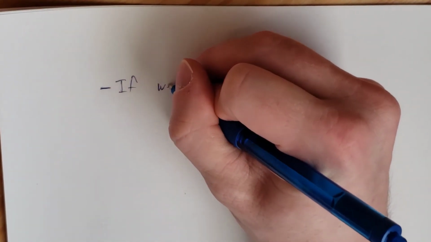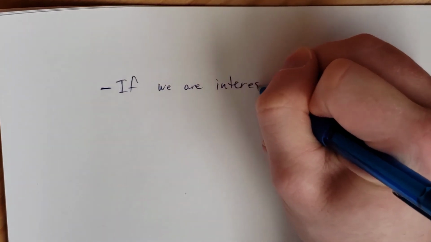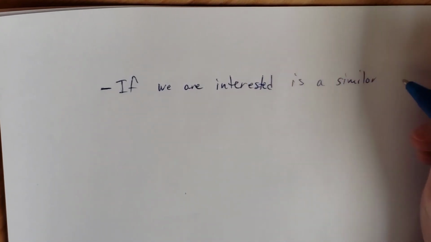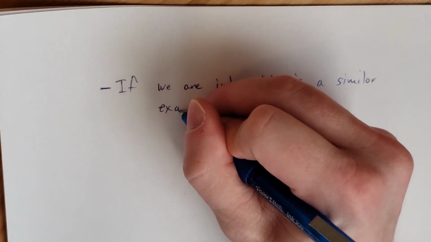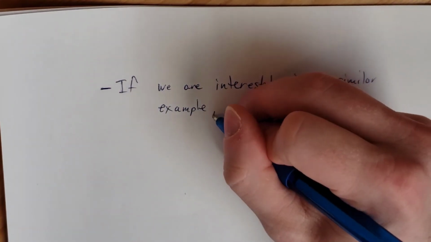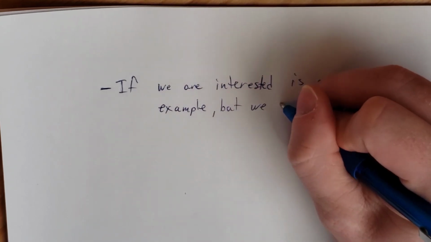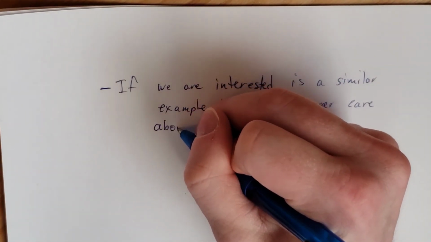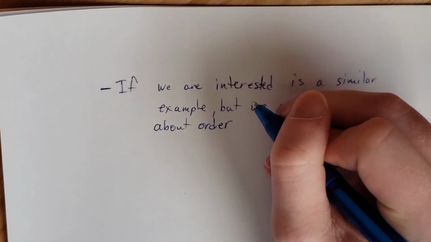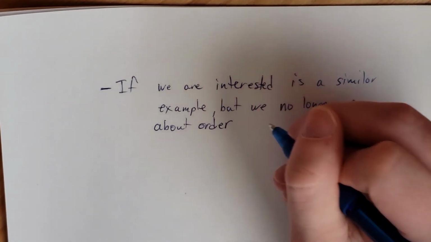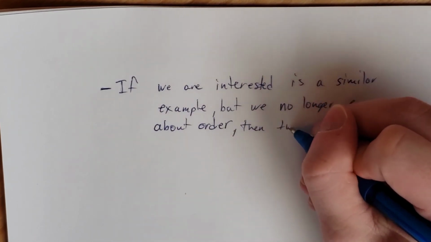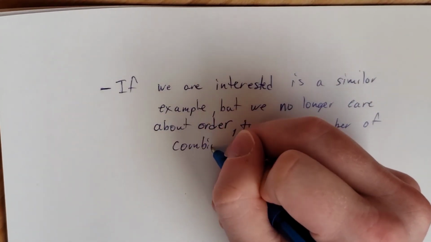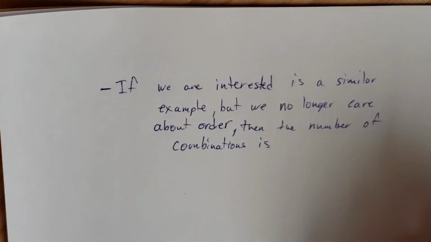So now, if we are interested in a similar example, but we no longer care about order, then the number of combinations is